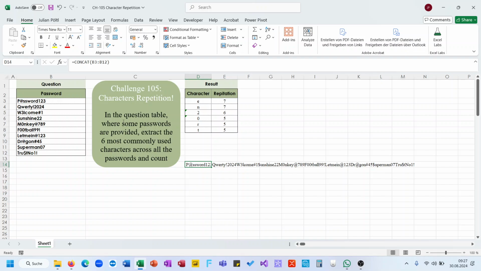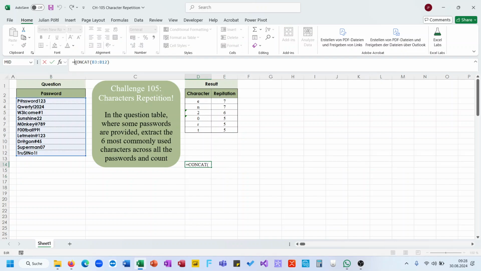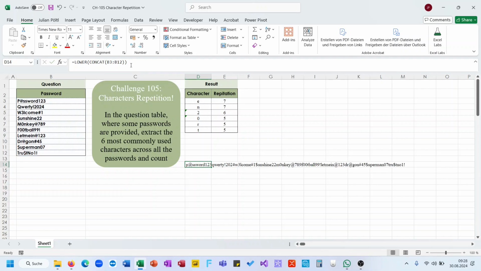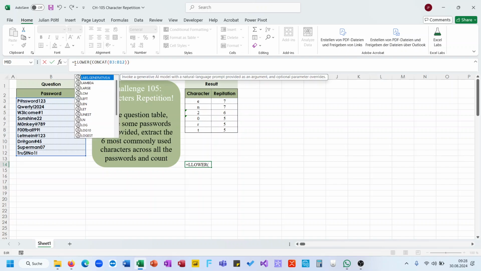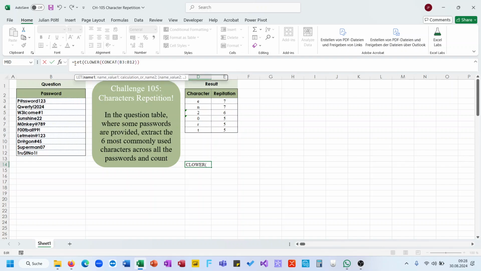Then it isn't mentioned in the instructions, but if you count the n's, for example, there are 6 small n's, 1 large n, so 1 uppercase n, and here in the table there are 7 n's given. So you see here it's a case insensitive task, so I take here lower to make the whole text a lowercase text. So wrap this into a let function, name this C,